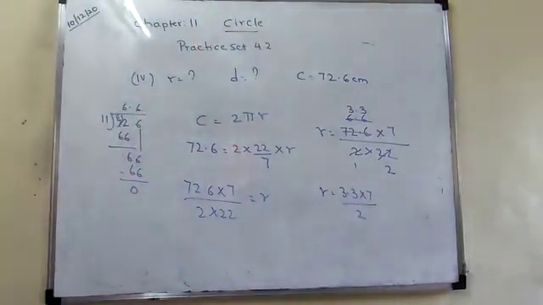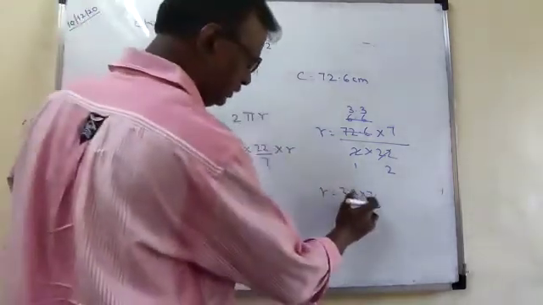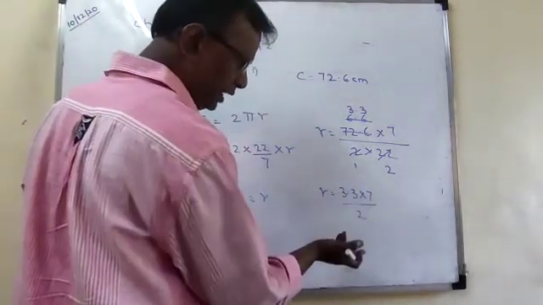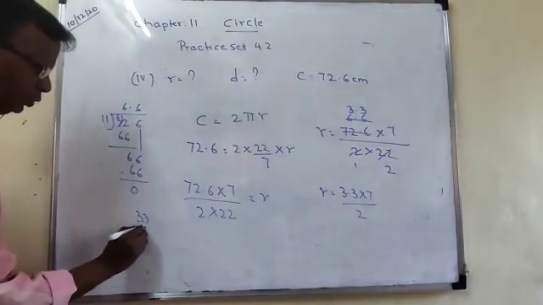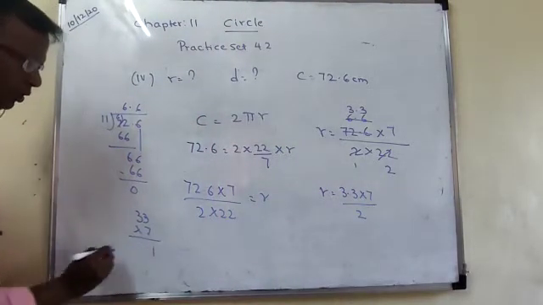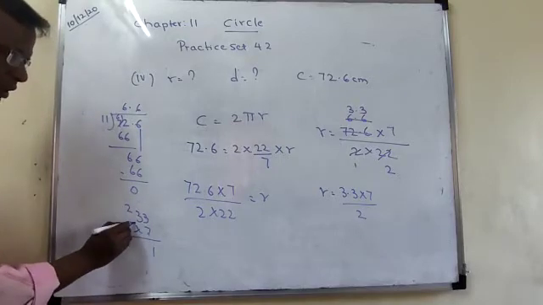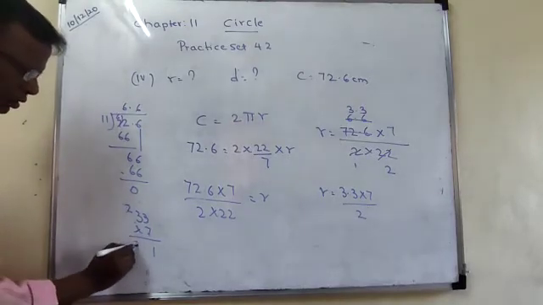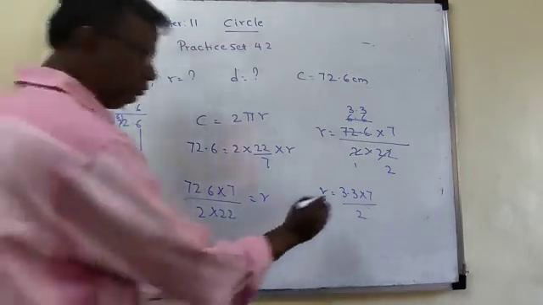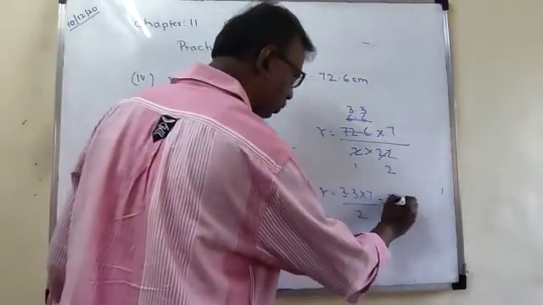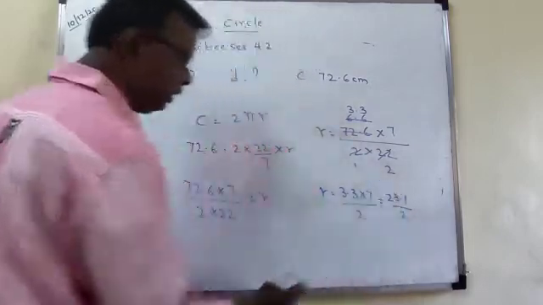Any doubt, students? Okay. Now multiply this one. 7 3s, because we cannot cancel now. So we will multiply this one. 33, we will write the decimal later, into 7. 7 3s are 21. 7 3s are 21, 22, 23, right? How much will come? 231. How many decimals are there? 1. So the answer will be 23.1 upon 2.